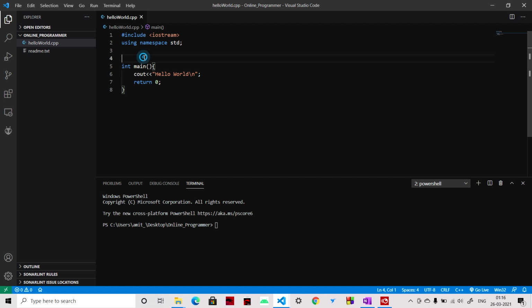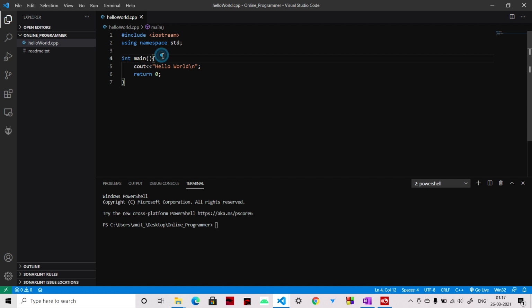Again, in the second line we are using a namespace. This namespace std is the standard namespace in C++ where all these libraries are defined. So you can understand this as a place where the libraries are defined. It is important to tell the compiler that we are using this namespace, because similar libraries can be present at multiple places. If you define your own library, it is important to tell the compiler that you are going to use this particular namespace.